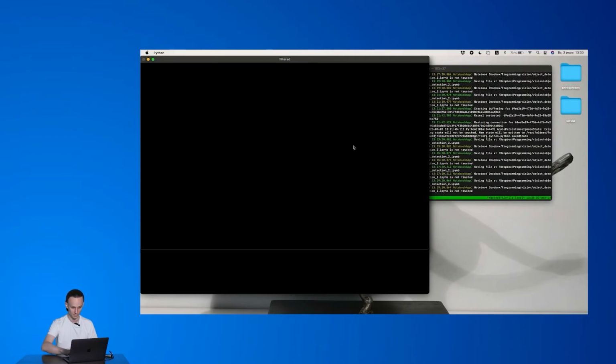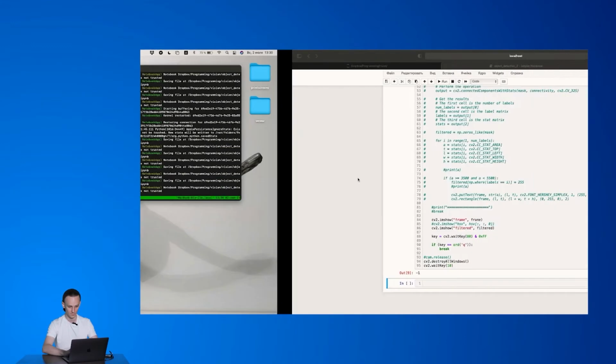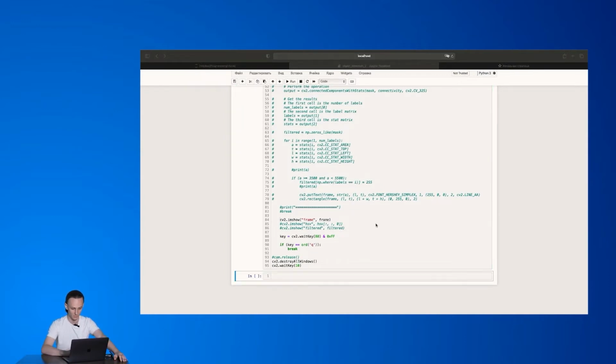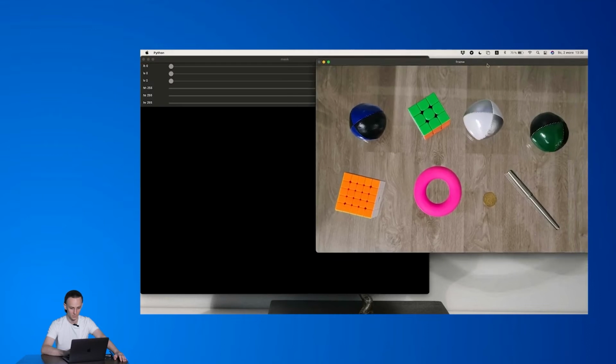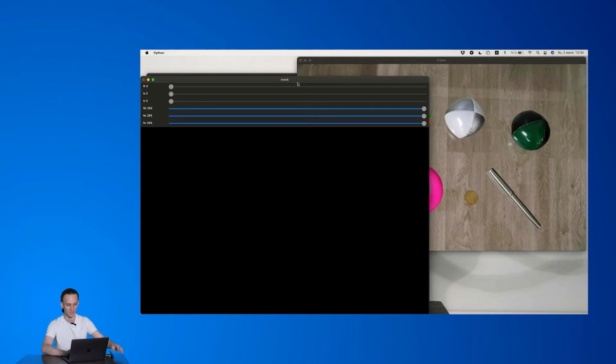And this one, the filtered, I will even remove that in order for it not to confuse us. So, no, that's not the correct one. Okay, so we'll show the frame and the mask, and the filtered one, we don't need it right now. Okay, so this mask is black, and that's because it's a negation of the mask that we get with these 6 thresholds. So now if we are going to increase some values of the thresholds starting from the lower hue,